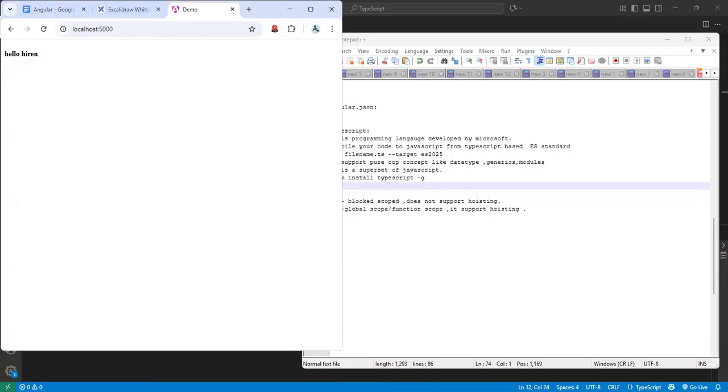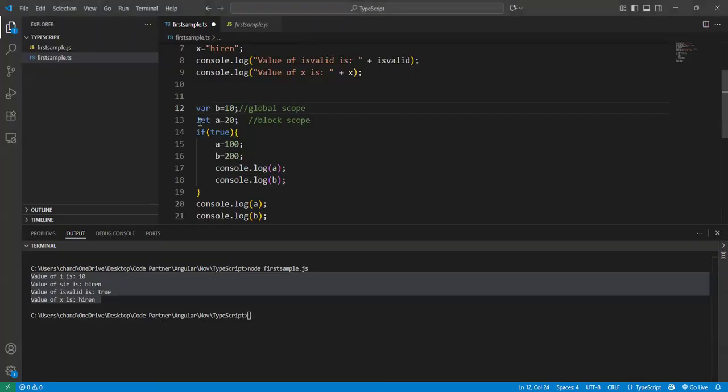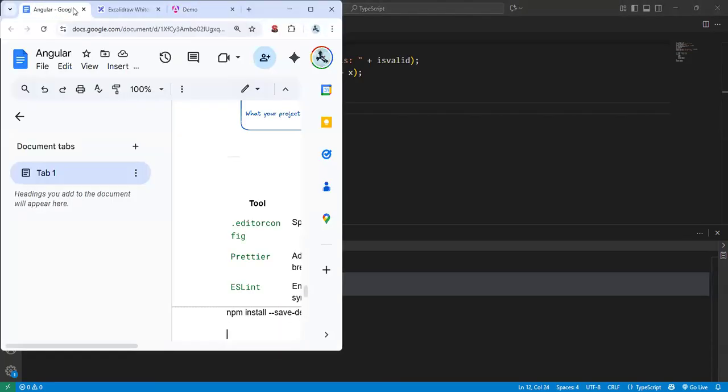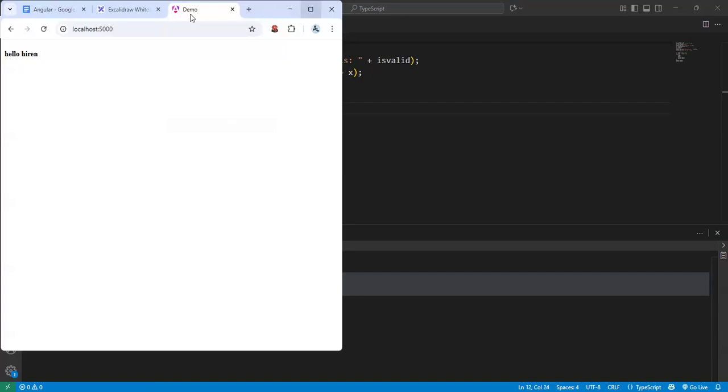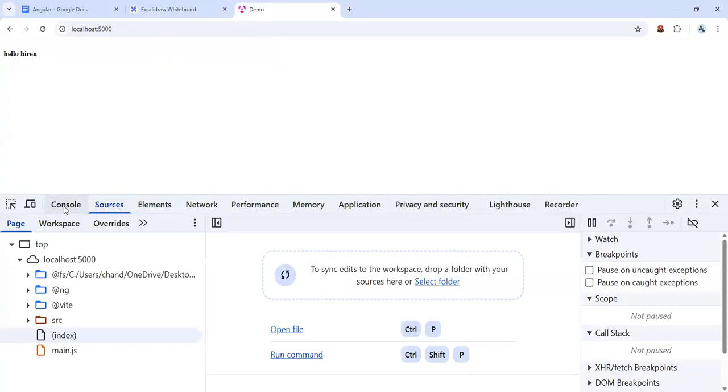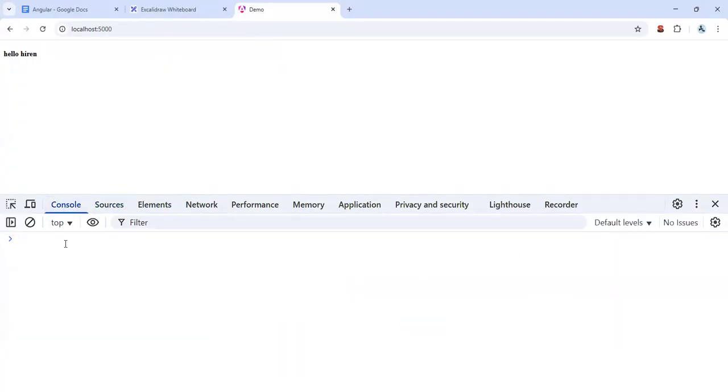Okay, inspect. Can you see my console in the browser demo? Yes. Okay, so